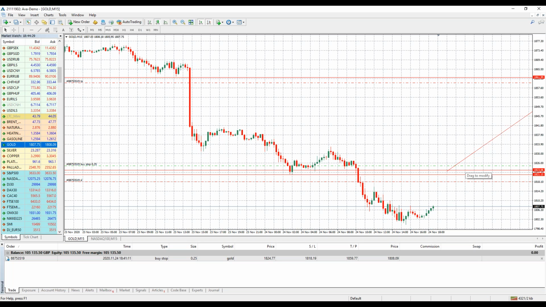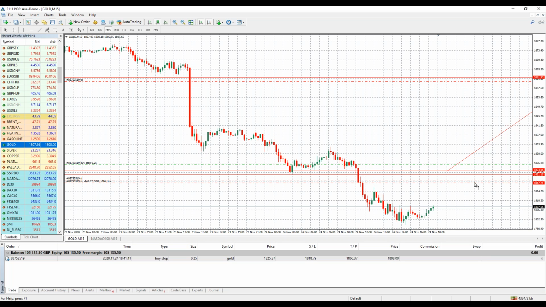I want to get in, but only when I'm certain that it's broken the resistance. So I slid that up a little. I want to be sure it broke through, and I want to be sure if it just comes back and tests the support, I don't hit my stop loss too soon. So I slid that down a little further away. So I need a real breakthrough to enter. And if it tests it back down, I'm still in. As long as it doesn't break all the way back down, I'm waiting for that rise. So there's my pending order.